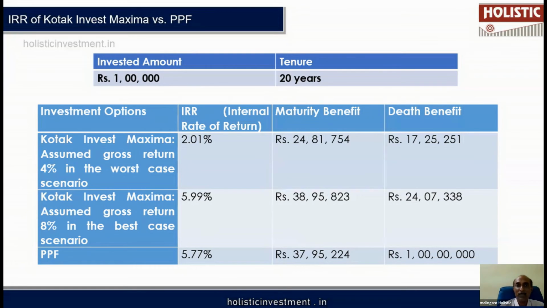In Kotak Invest Maxima, it is 5.99. PPF, it is 5.77% return. So, however, PPF is a government scheme, not a private scheme, and it is giving you 7.1% assured return, right? Though it is giving you 7.1% assured return, because I'm adjusting the term insurance premium, the net internal rate of return for the combination term insurance plus PPF, it works out to 5.77% return. That way, if you look at it,